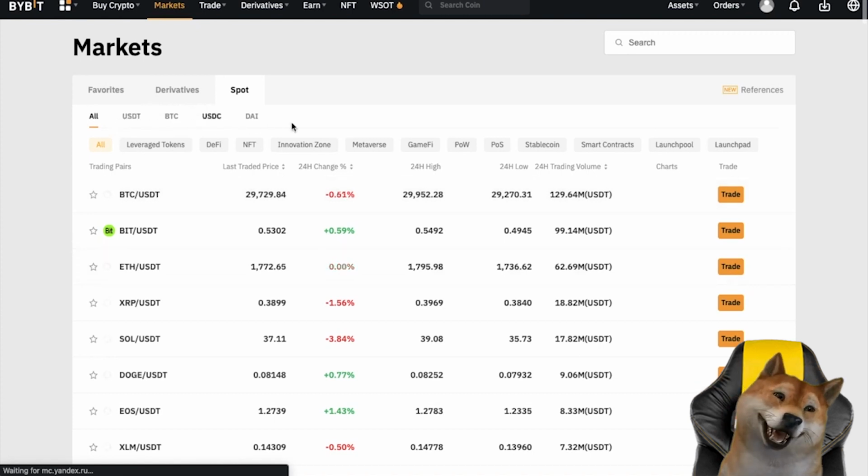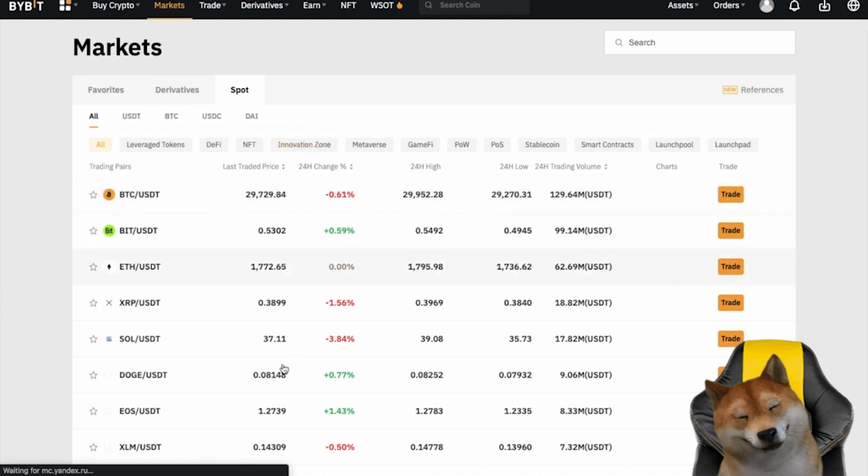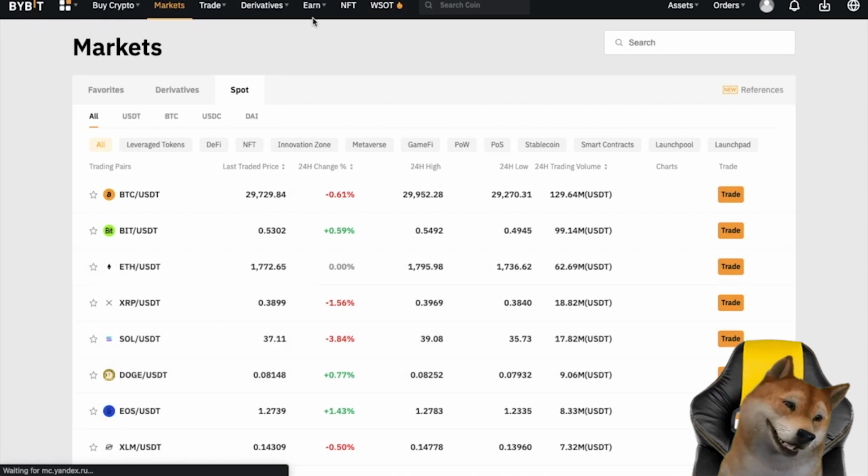However, if you are brand new to crypto and you don't already have any crypto to deposit, don't worry, as Bybit do have ways that you can buy crypto directly on their site with the likes of a credit or a debit card. If we just head to Buy Crypto at the top of the screen and choose Express,